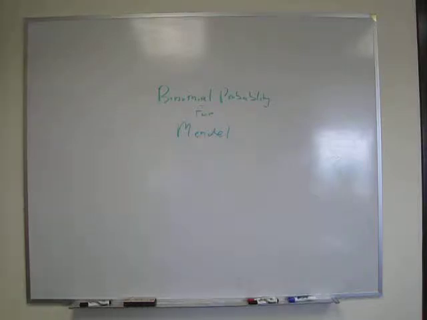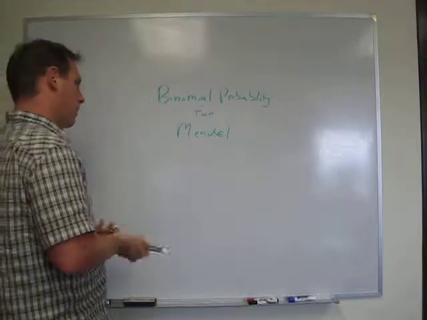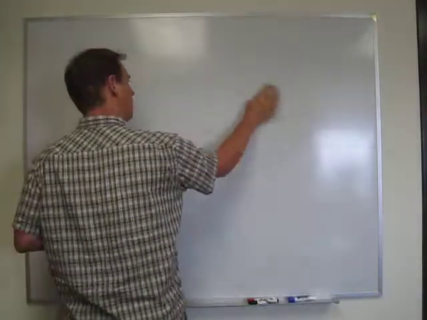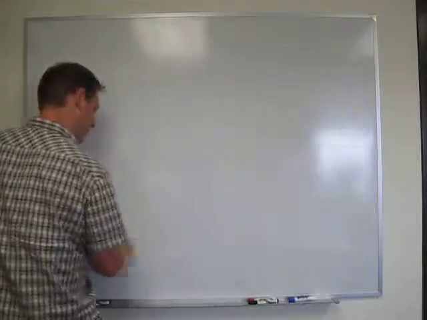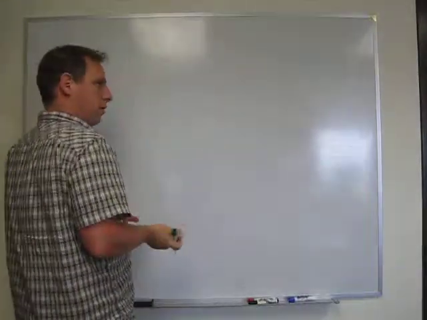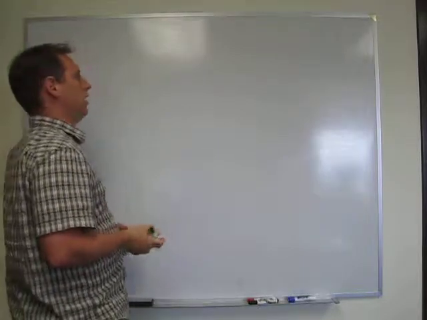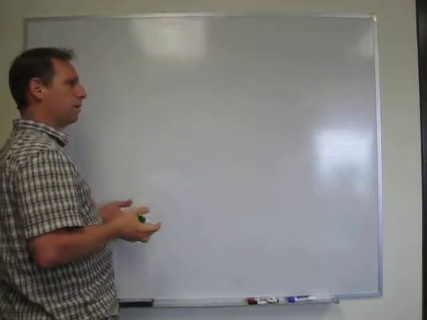Now in this next video we're going to take what we just learned and apply it to binomial probability for Mendel, or basically for genetic crosses. But one thing I want to touch base on, which I didn't do in the last video, just as a reminder, if we have a family of 7 children and 3 of them are girls, the probability of calculating